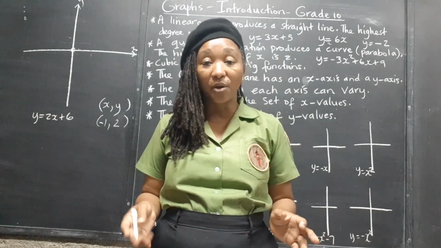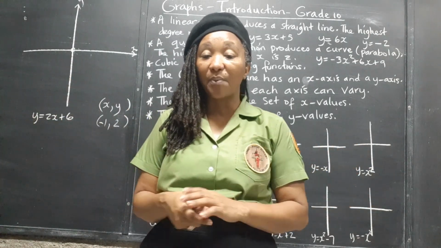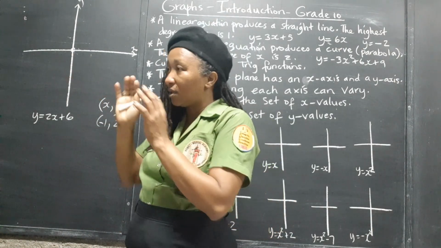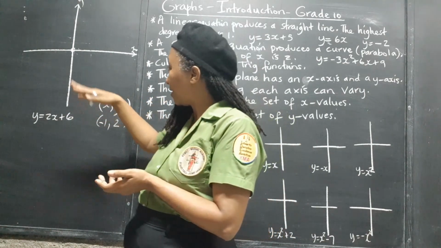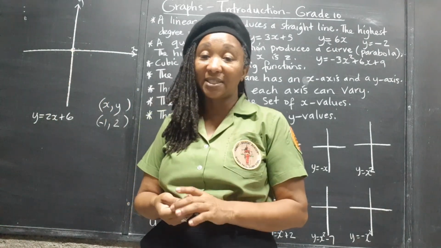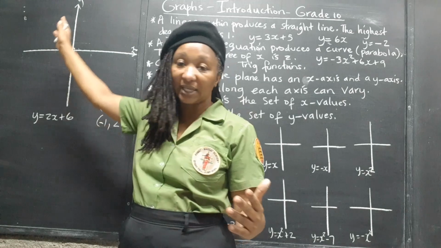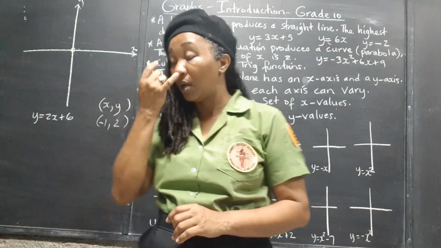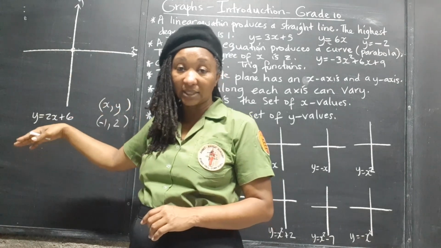And you should try to use the best scale that you can for your given values. So if you get small numbers, use a wider scale so the graph can be wide, so your readings can be more accurate, right? If you get small numbers and you use a small scale on the graph, your graph will be confined to a very narrow space, and you might have to estimate some of your readings. So the more you can spread out your graph and use up your coordinate plane, the more accurate your readings will be. Because remember, many times we're asked to take readings from the graph along the x-axis or the y-axis